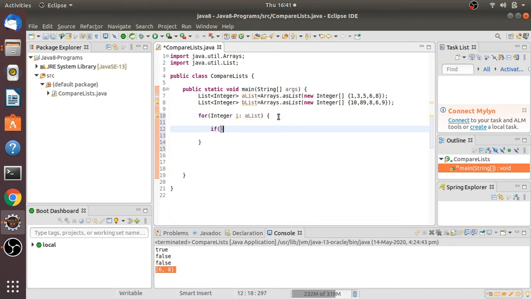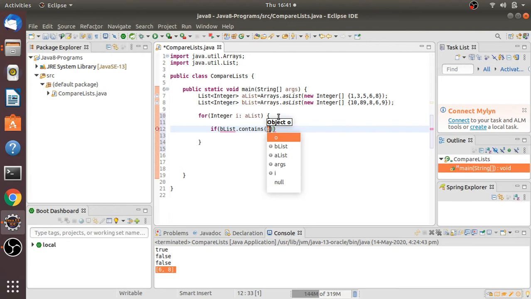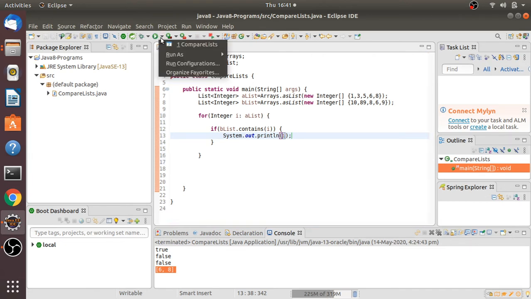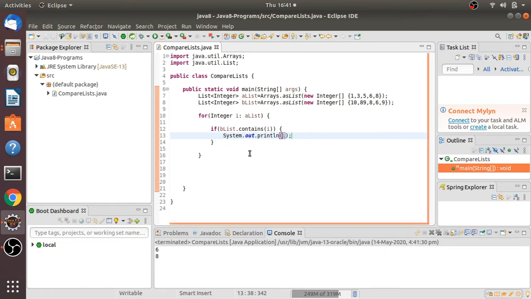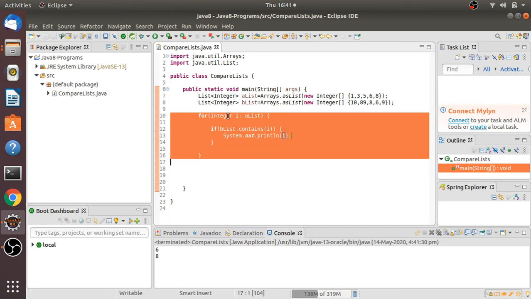I will take a for loop and compare with B list dot contains. Then it will return the common elements. Then let me print this. It will print 6 and 8. So this is very easy before Java 8 by using a for loop.